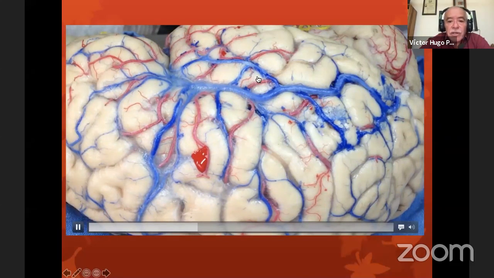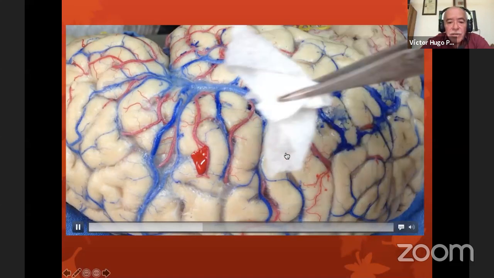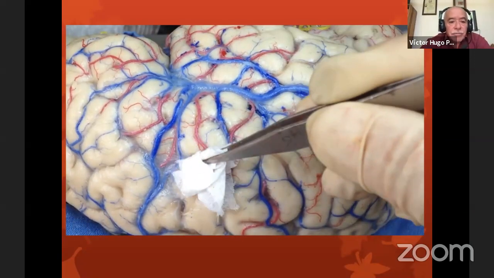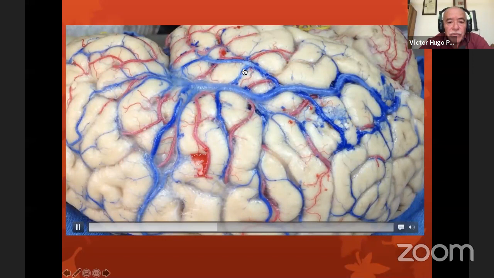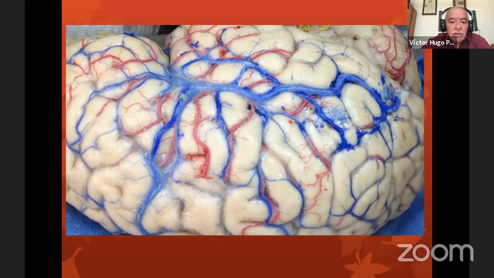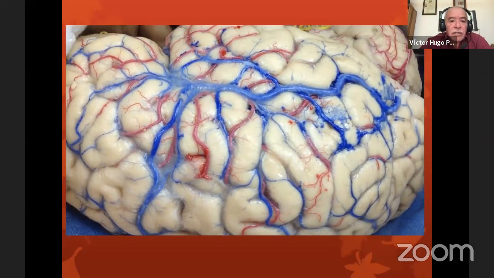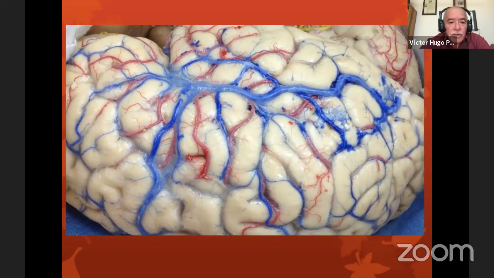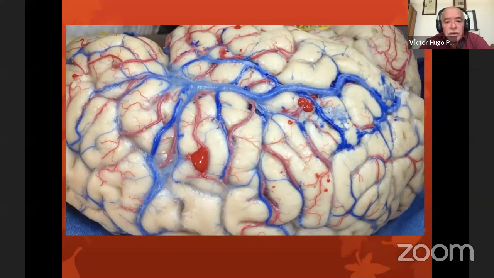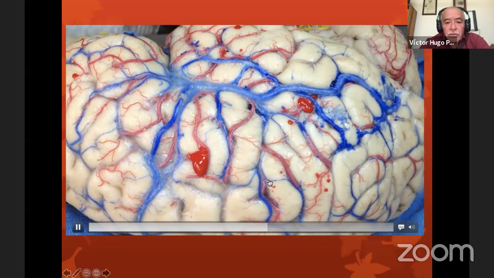So these cortical arteries have been described very, very well by Dr. Rhoton. There are almost 12 arteries in the cortical segment of this beautiful artery. The middle cerebral artery is very important because in a surgical approach, you should know that this middle cerebral artery has several segments, and we need to avoid damage for this